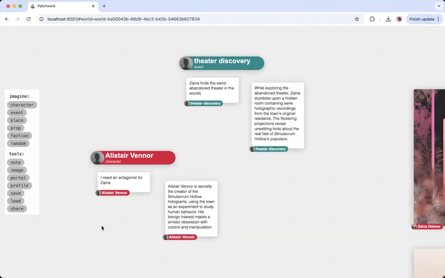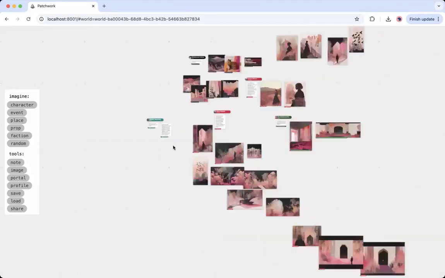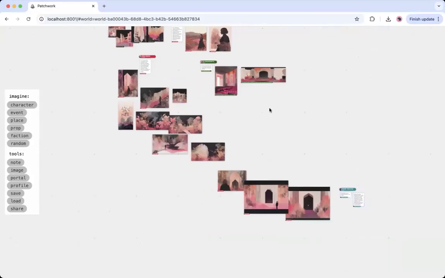Okay, so let's go ahead and delete this stuff. I don't particularly need this character. I do kind of like this event. I'm actually going to move it down towards the bottom of our sequence here to remember that I want to have this happen next, basically. And just to zoom out and show us the whole board for a second, there's a lot of different stuff going on here. I could easily imagine starting to do a really involved world building session, but it would take a long time. I'm pretty happy with where we're at though, so I'm going to go ahead and hit the share